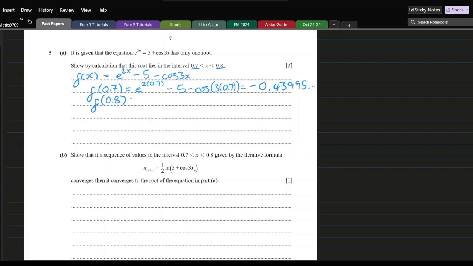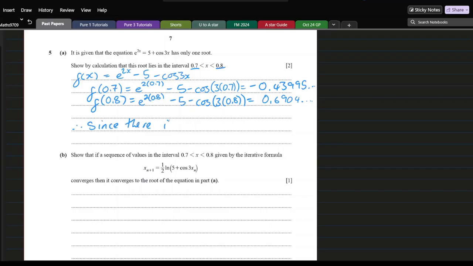So f of 0.8 is e to the power 2 times 0.8 minus 5 minus cos 3 times 0.8. Let's punch that into the calculator, and this gives us a positive 0.6904, and so on. Alright, so since we have a change in sign, we can conclude that